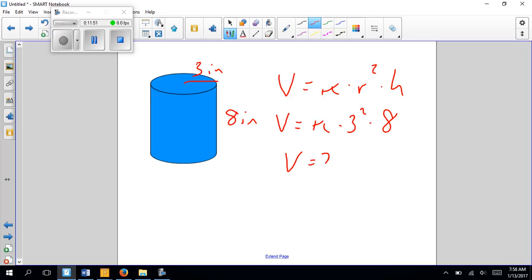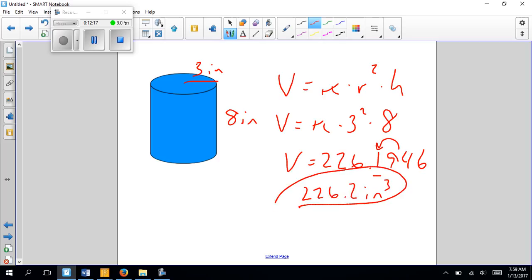226.1946. I'm supposed to round to the nearest tenth. So I look one spot to the right and see if it rounds my 1. That 9 is a 5 or bigger, so it rounds that up to a 2. So I know my answer is 226.2 inches cubed. So that tells me I would fit inside that cube, or inside that cylinder, I'm sorry, I